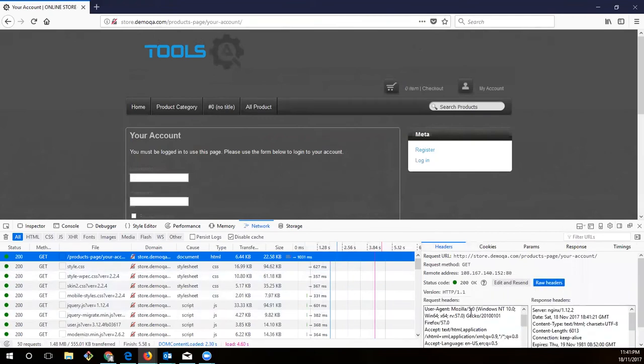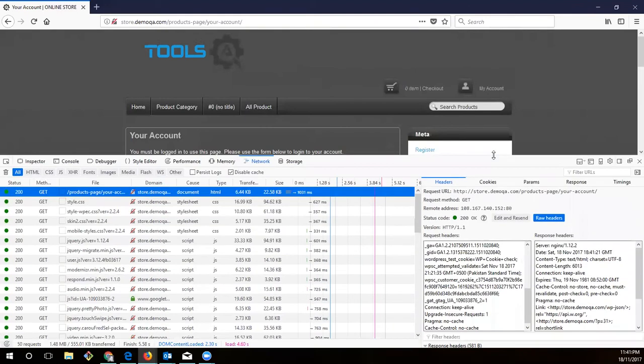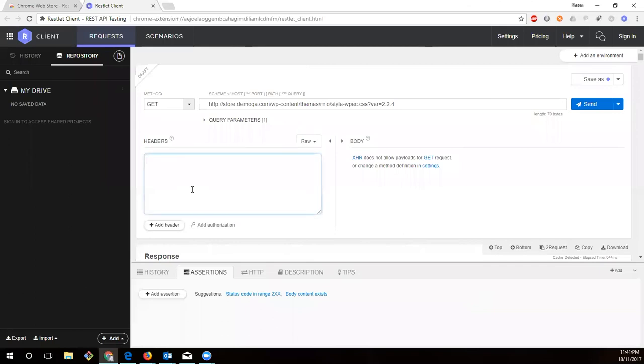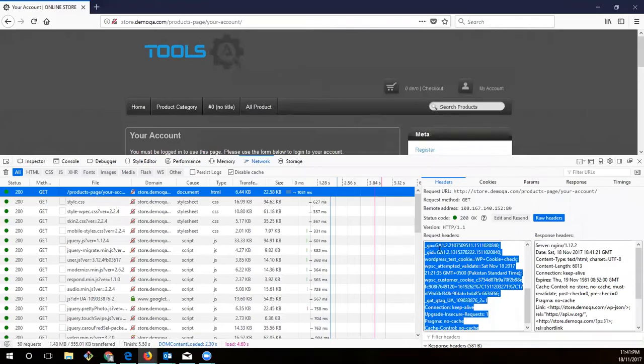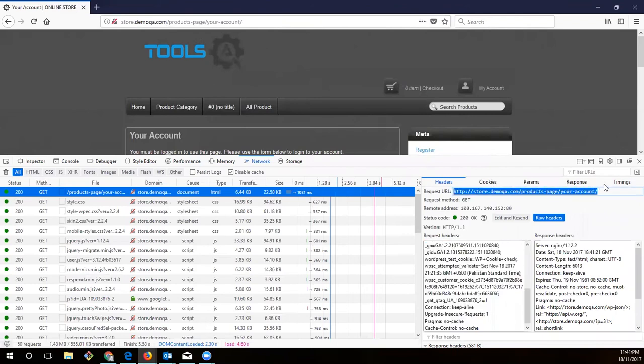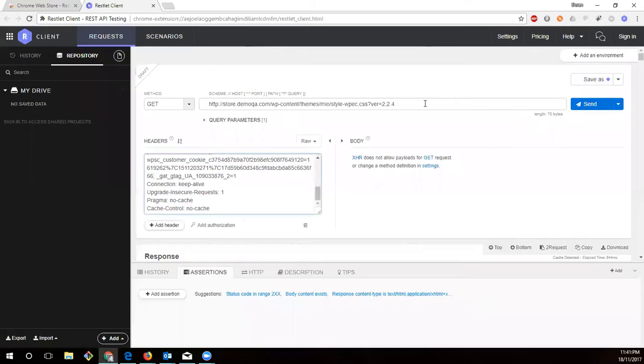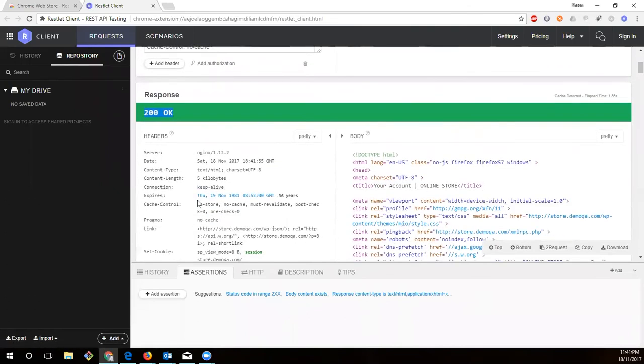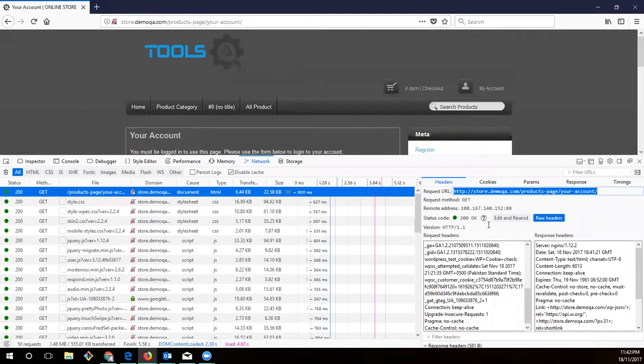I'm going to copy the headers in raw format. It's easier, then you don't have to worry about syntax errors. So I've copied that. This is a get method, so there won't be a body for this, and then the URL would be where we want to send the request, and that's it, just send. And we got a 200 OK response, which means that the request was processed, and in response you can see we're seeing the HTML page,